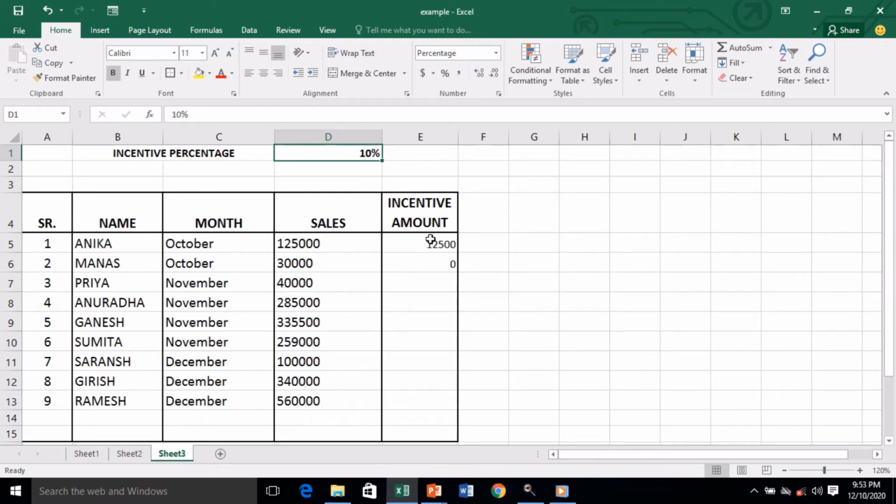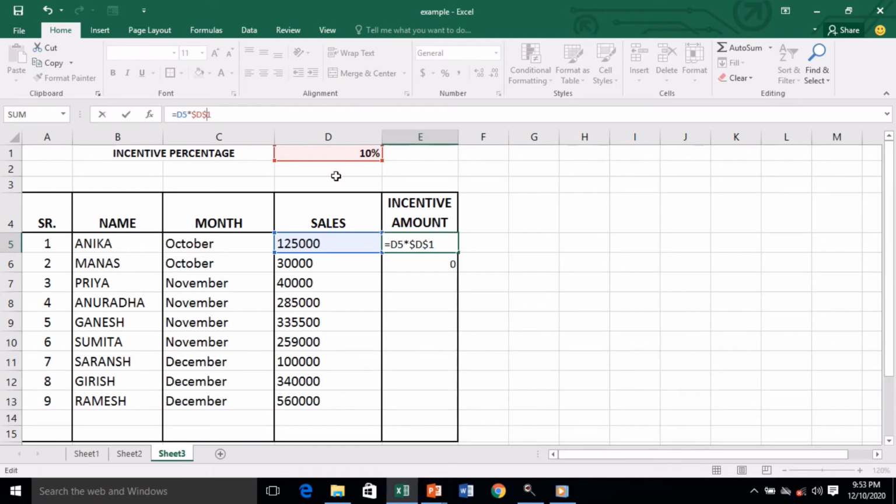In that case, what you will do before copying, we'll click here. And this formula which we have used, let's change this formula. We will use equal to D5 multiplied by $D$1. So when I use a dollar sign before D and 1, when I use a dollar sign in cell addresses, that particular cell address will not change. Okay, let's see what happens.